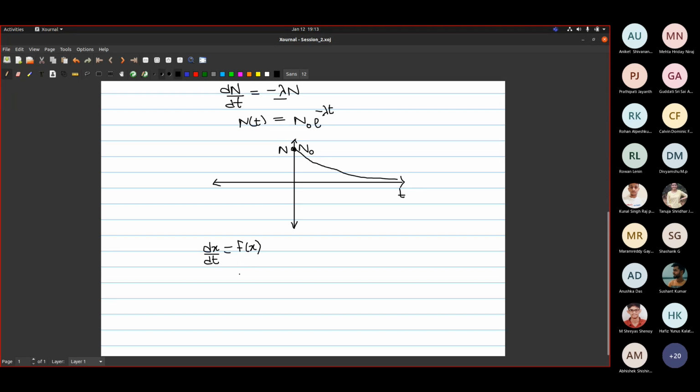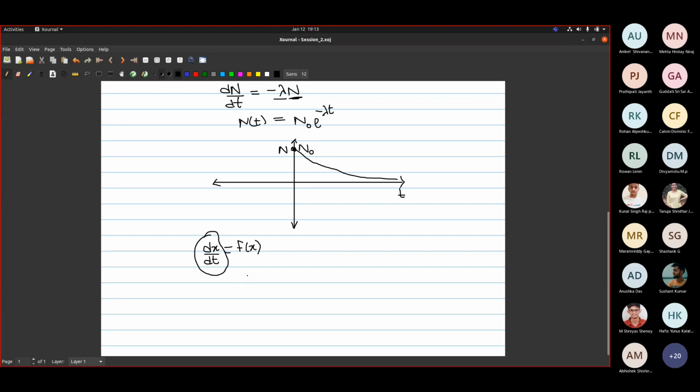Then we will go back to our previous notation. This is linear, that is, this is just n here. I want to develop this for a general function f. So for that, let's take a closer look at this derivative.